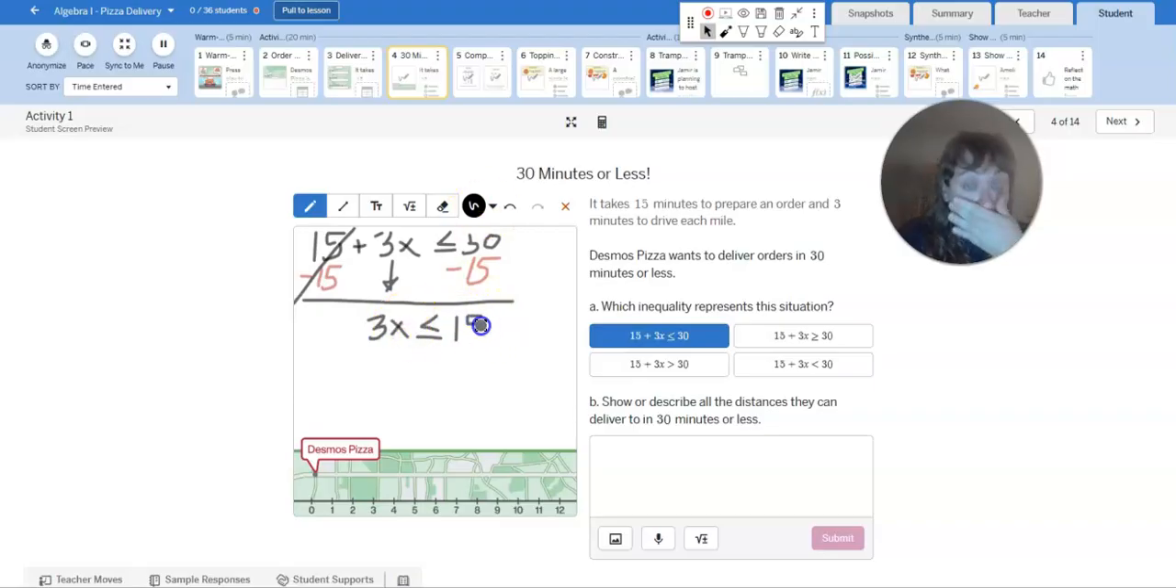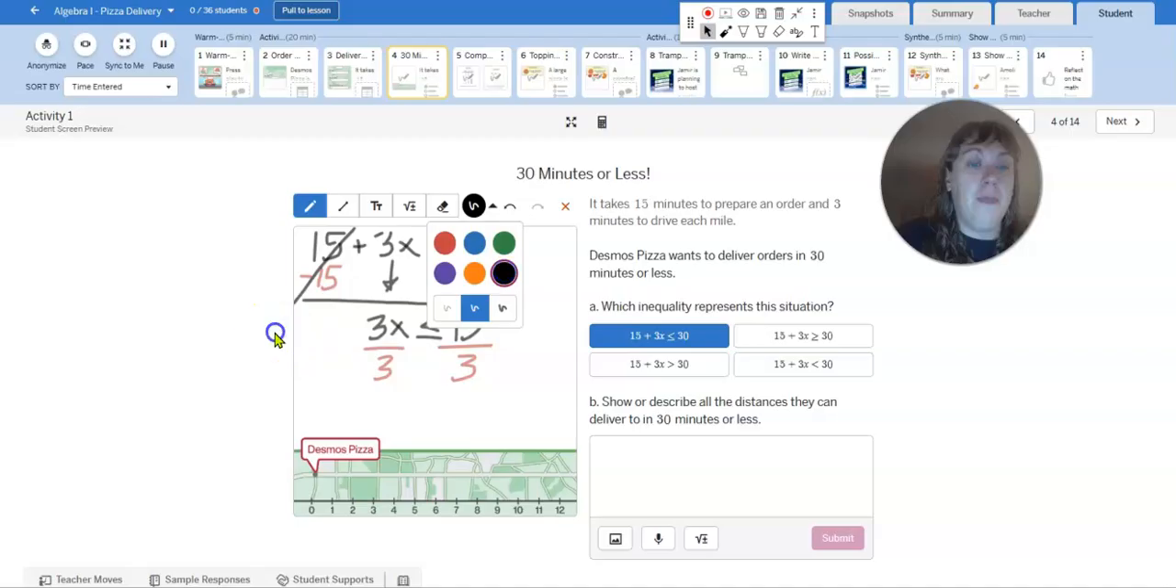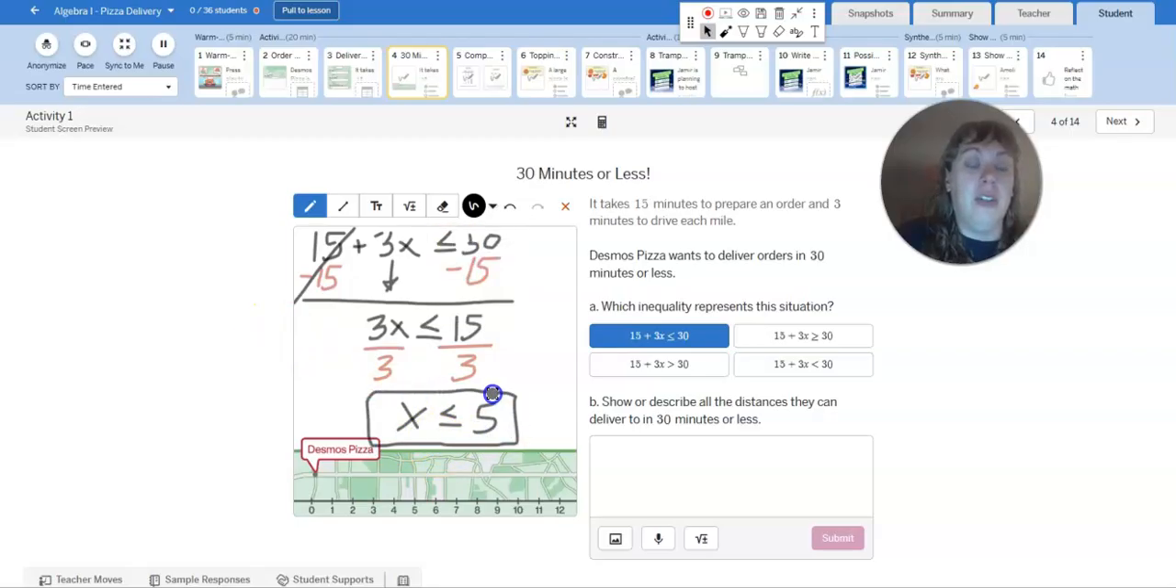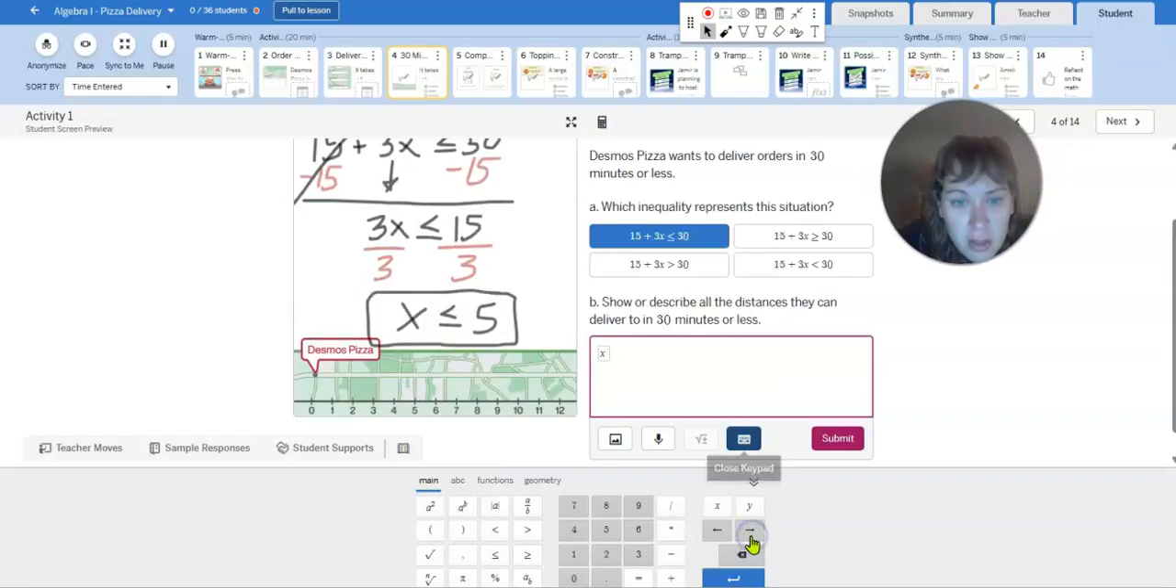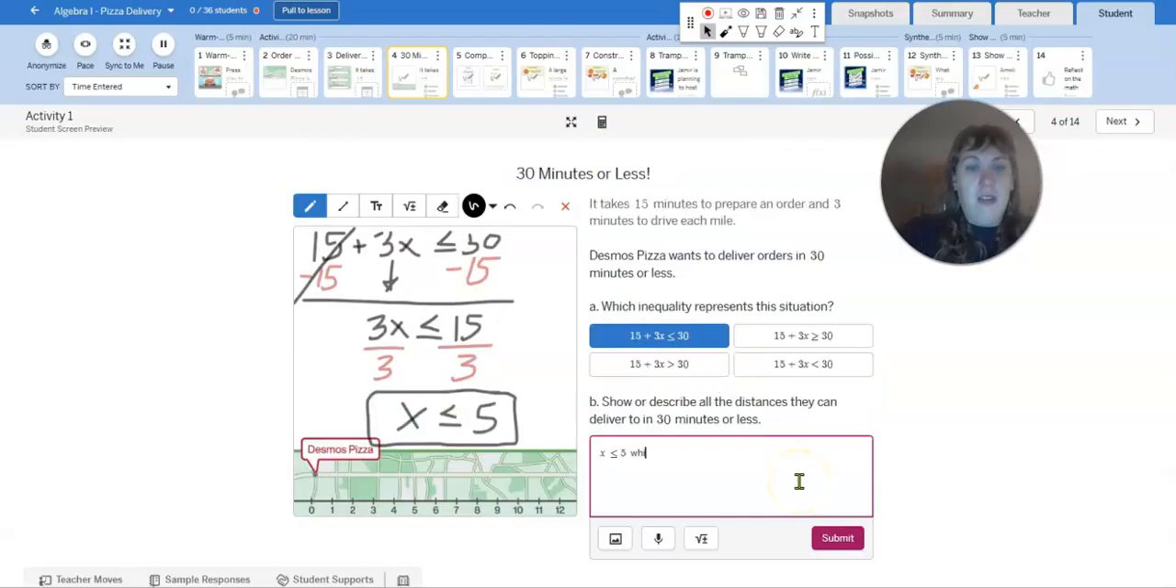30 minus 15 is 15. Sorry, this is 3 times x, so we're going to do the opposite and divide both sides by 3. And then we get x is less than or equal to 5. So this means x, I can hit this keyboard button to get less than or equal to 5, just to type that all out, which means that it can deliver